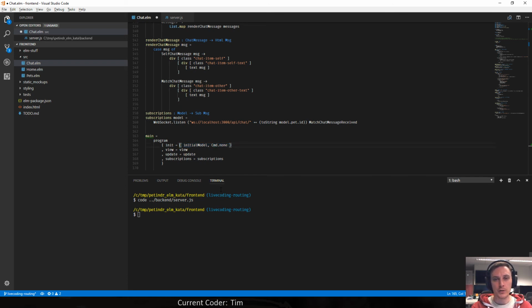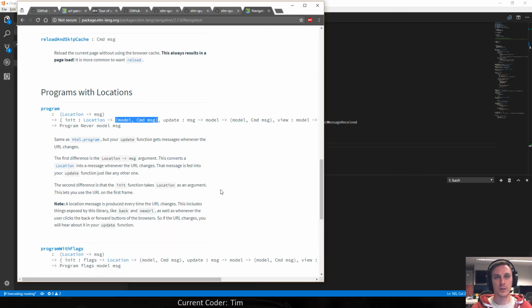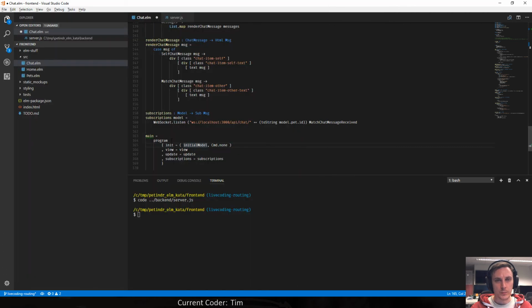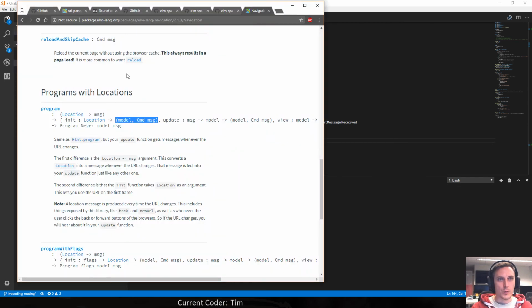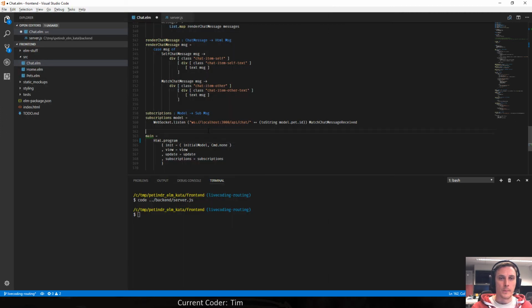Now we want a function that basically returns this stuff based on the location. So that's where this thing comes in. So here, this is a bit unclear. This program right here is an actual HTML program. But now we want to use the navigation's program. So since we